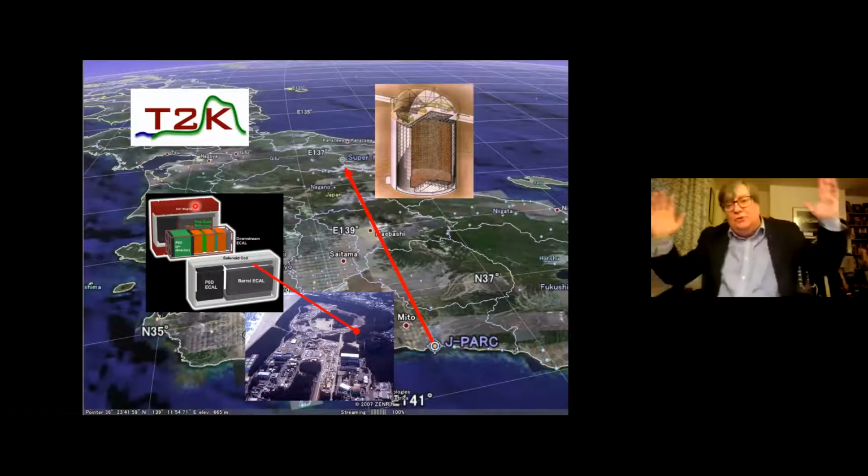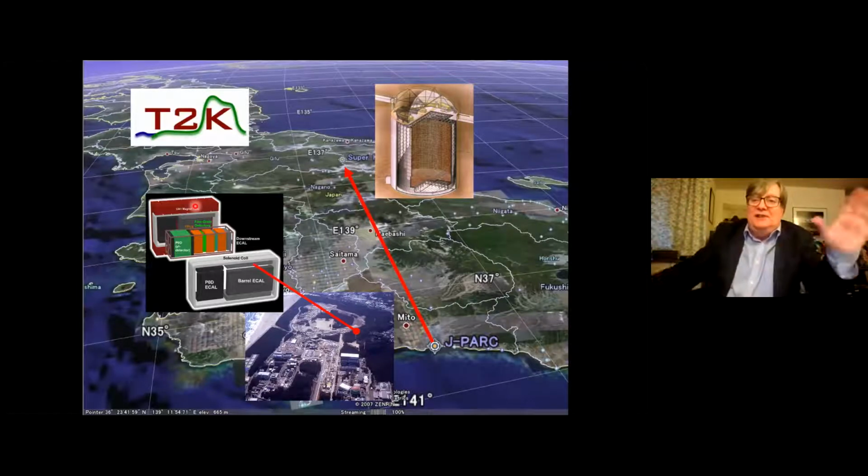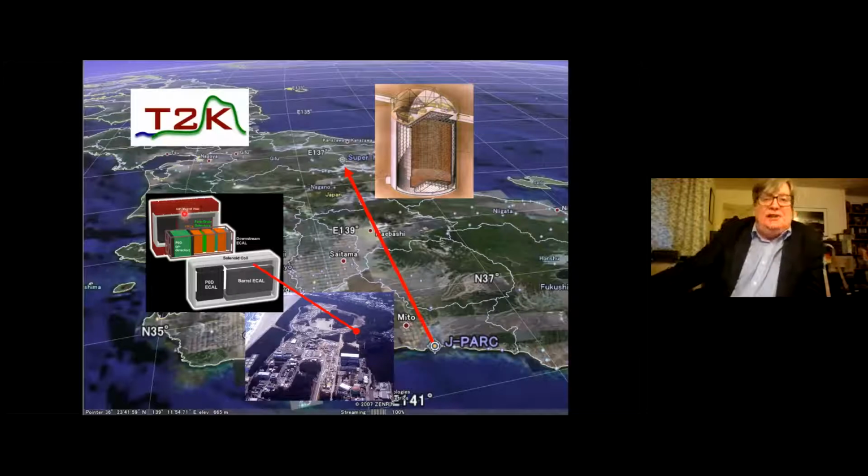I live in a 2-story detached house in Kennington. You've seen a zillion of them. It's the standard size for such things. And that thing is almost, it's quite cute. I want to superimpose it on a picture of my house, almost exactly the size of my house. So that gives you the scale of these things.